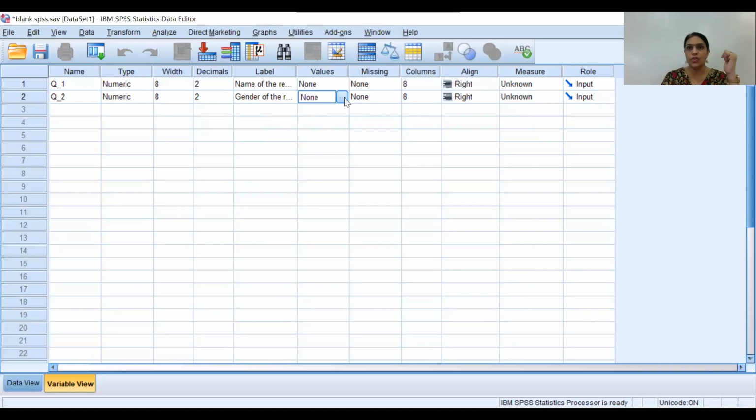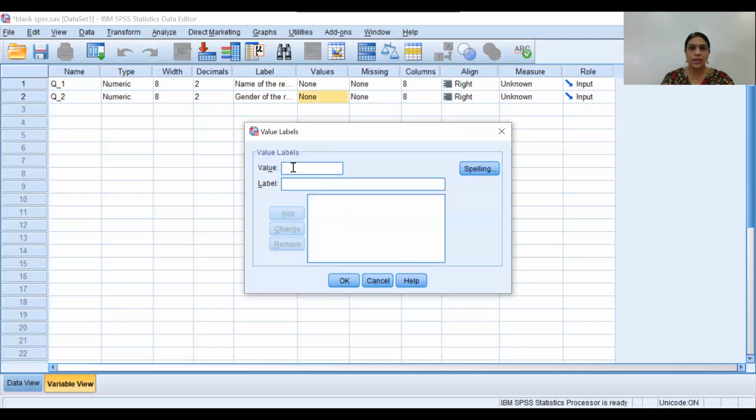So here you have to write the value labels. Click on the three dots, enter 1 is equal to male, add, 2 is equal to female. If you have a third category like transgender, you can include that, add it, and then okay.